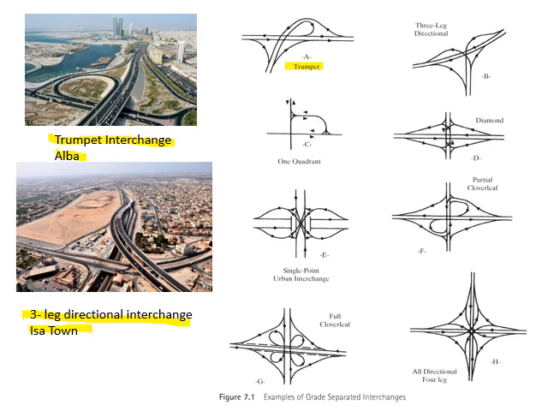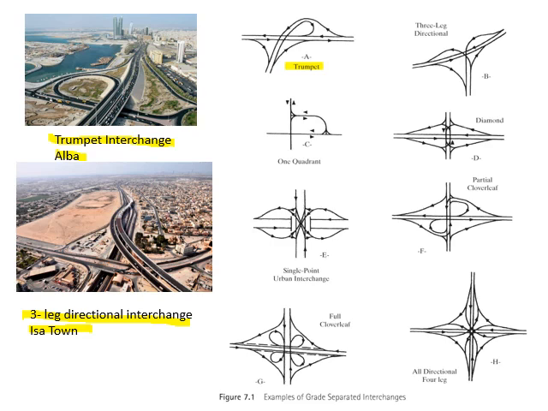Then you have one quadrant interchange. That means all the ramps are provided within the same quadrant. So it's a four-leg interchange, but ramps are only on one quadrant. Then we have a diamond interchange, where the ramps are basically going diagonally in all four quadrants. Then we have a clover leaf interchange. In the clover leaf interchange, the ramps are circular. Again, they are in all directions in all the four quadrants, but they are circular in shape.